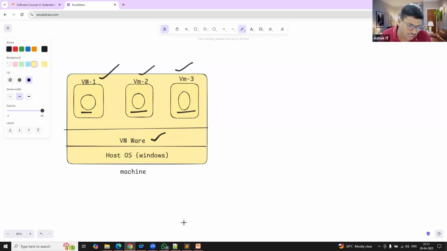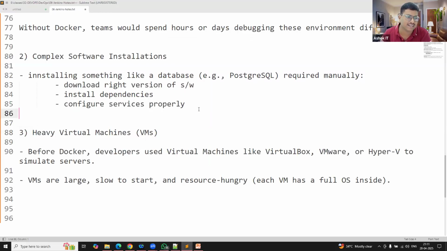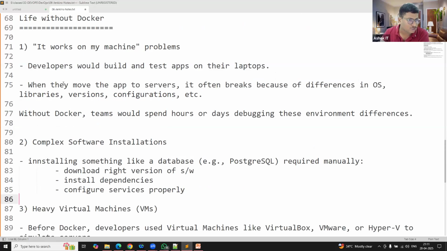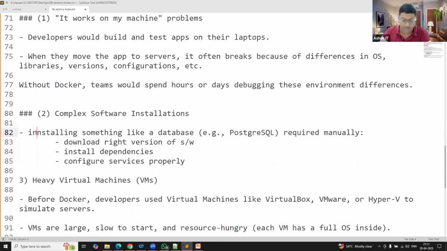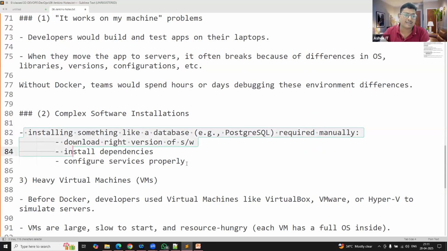When Docker was not there, our life was very difficult as a DevOps engineer. So what is the problem? The "it works on my machine" problem. The code which is running in one system is not working in another system because of configuration issues. And to work with the project, we have to set up some softwares, and the installation process becomes very difficult. If I want to set up a database, it will take a lot of time. For my project, a database server is required, backend software is required, front-end software is required. It will take a lot of time to install the software.